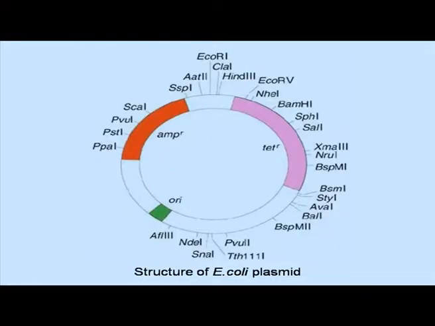Now we come to the structure of the E. coli plasmid, and this E. coli plasmid structure was denoted by Sawada. You can see it is a typical circular DNA molecule having a specific origin of replication, and there are some important areas of bacterial resistance. The bacterial resistance genes are very important, and at the same time there are other genes, the insertion sites are there, which will allow this particular plasmid to act as a vector to transmit DNA fragments from one host cell to another. So this is a very important discovery which was done by Sawada.